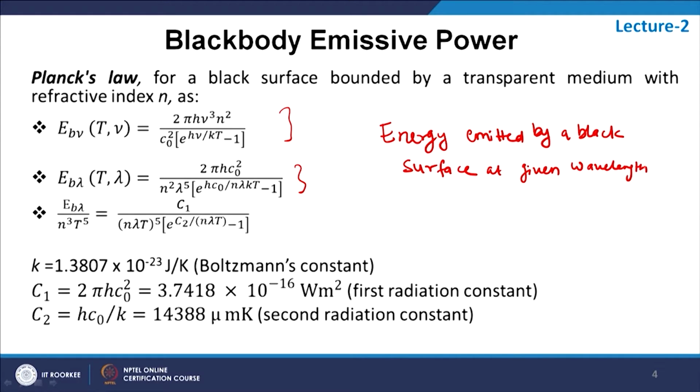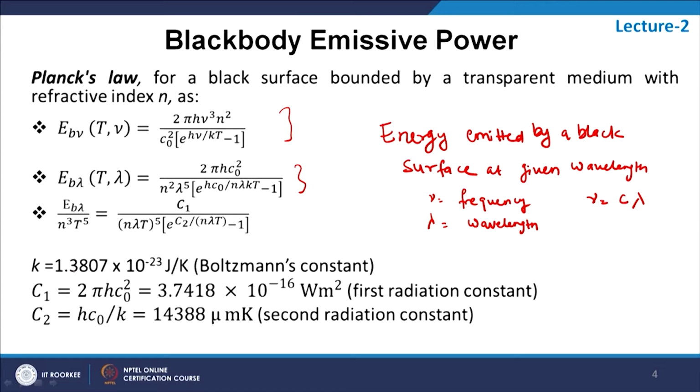Now, as I told you, some researchers prefer the units of frequency, where nu is the frequency here, while some other researchers prefer lambda, which is the wavelength. These two are related through the speed of light: frequency nu is equal to c over lambda, where c is the speed of light. So, we can convert the Eb nu in frequency units into Eb lambda. The various constants used in the explanation of Planck's law are the Boltzmann constant k,